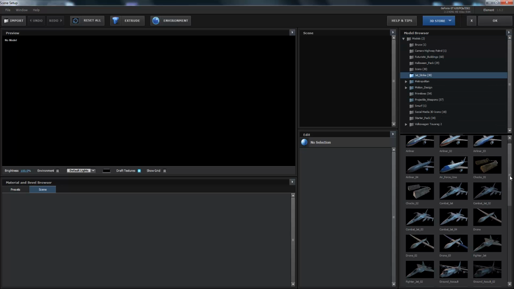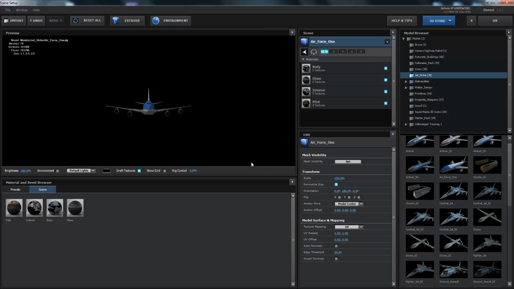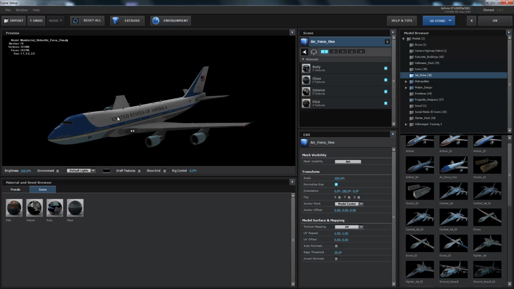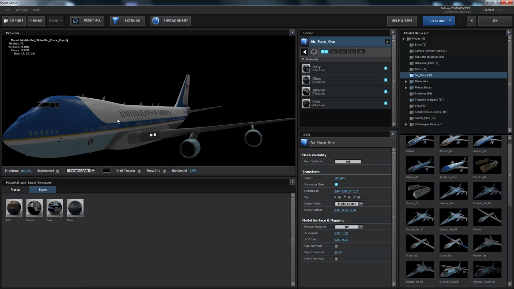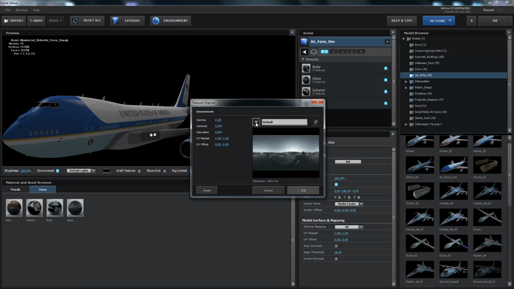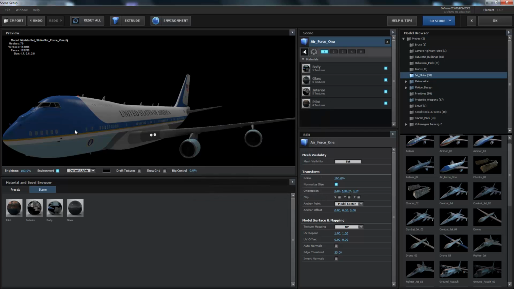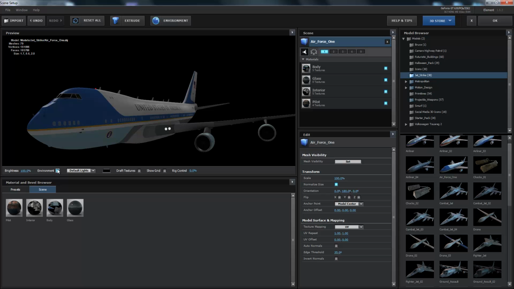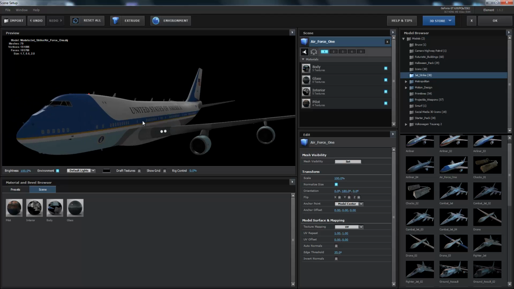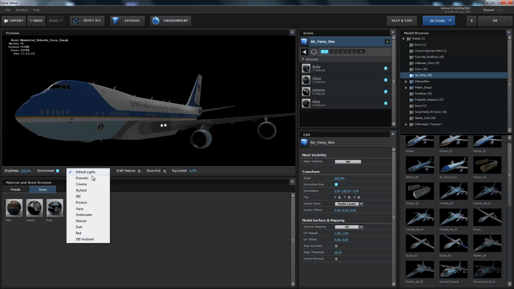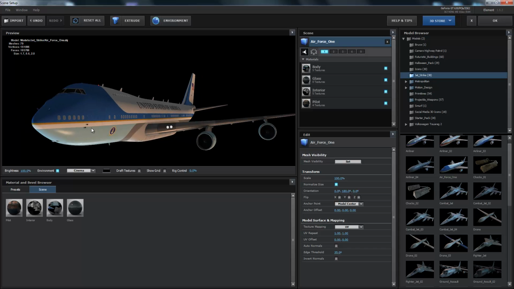JetStrike, and then we're going to find our jet. The one I like to use is Air Force One because I think it's an awesome plane. We're just going to turn off our draft textures there, bring it in, and do some tweaks to our jet now. So we're going to click the environment map, change that to roof and click OK. Just make sure our environments are on, like so. And I'm going to change it to cinema lighting, like so,